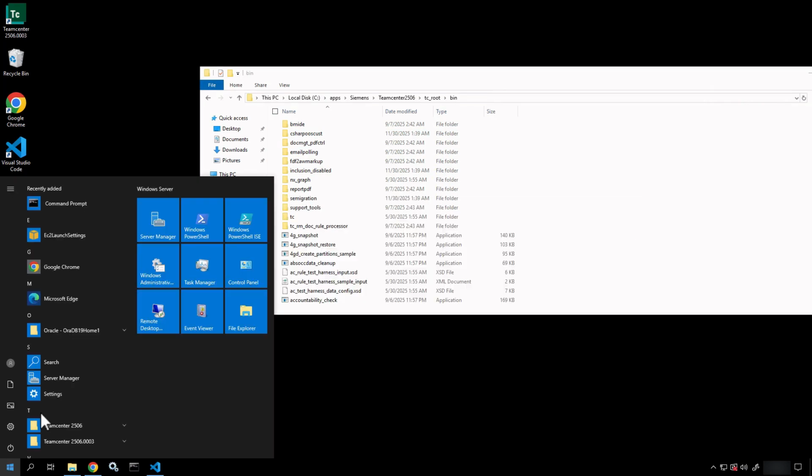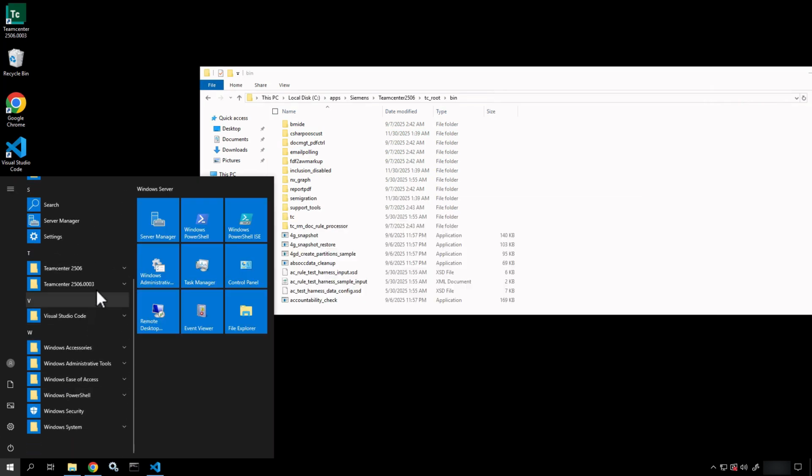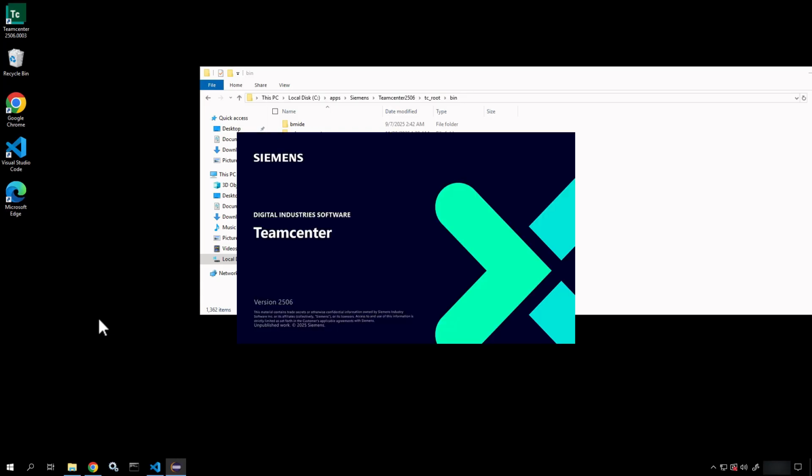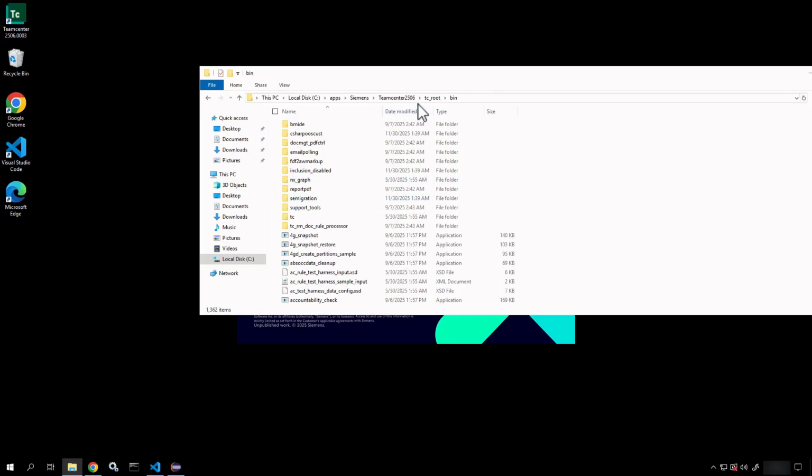So I also installed a rich client. And if I come in here, I can see that's here. Now, if you want to rename the shortcut, you can rename the shortcut to rich client, but I'm just going to launch it. This is a client application. You shouldn't have to run it as admin. And then what it does is it creates a couple of things. So first of all, in the TC